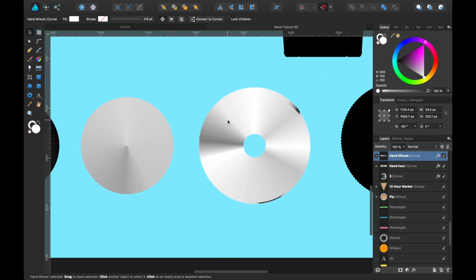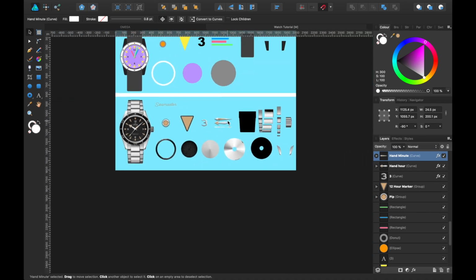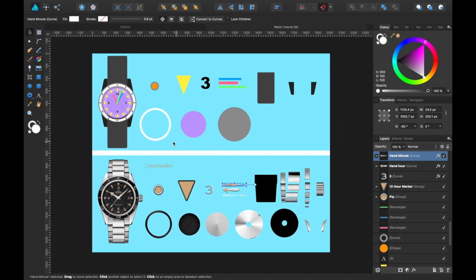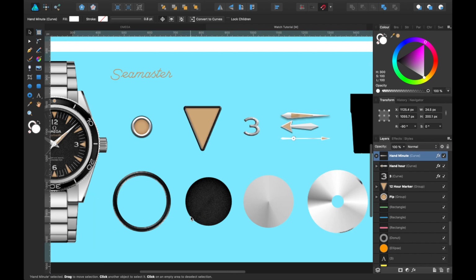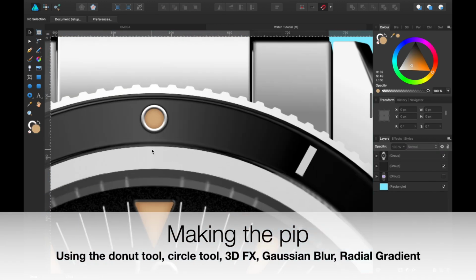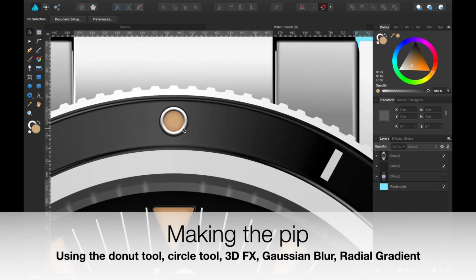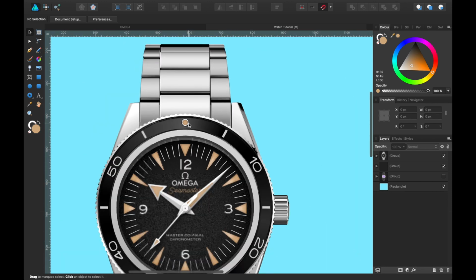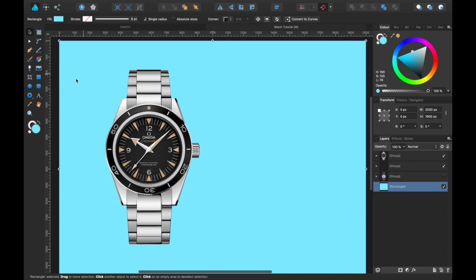There you have it. So I'm going to go ahead and show you one by one how all of these make the watch and just how to achieve that look. As you can see, there's less here because it's obviously less detailed. Let's get started. The pipette, that is this section here, and I'll show you how we make it a bit more three-dimensional. It's as simple as this.